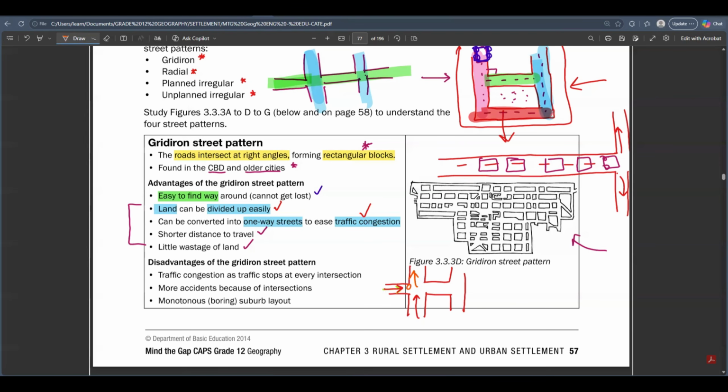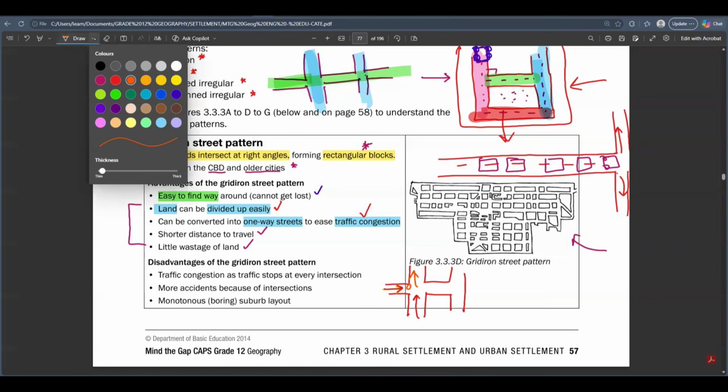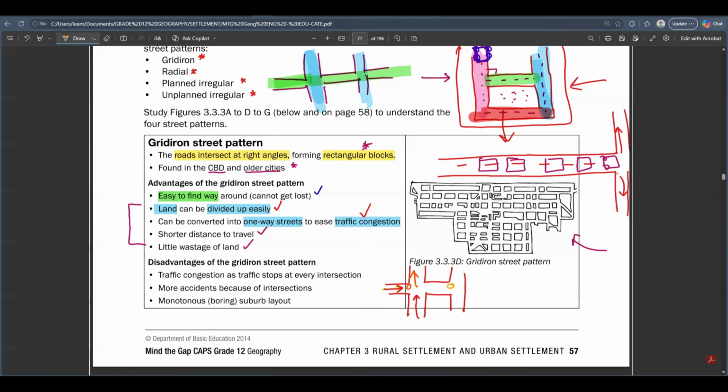The robots. When it's green, you go. When it's red, you stop. So it means that you would have to stop at each and every intersection. Each and every time you see a traffic light, you would have to stop. Because remember, guys, in this street pattern the roads keep on intersecting, so there's a need for putting these traffic lights or traffic stops. When the cars are coming from that direction, they would have to stop each and every time, at each and every traffic light, so that they allow the other cars to move. And it's very hard to maintain traffic there.